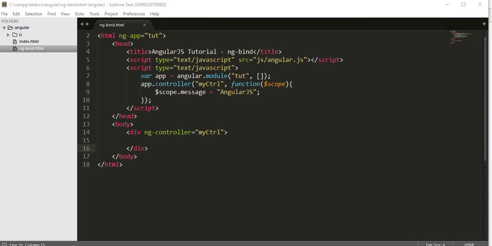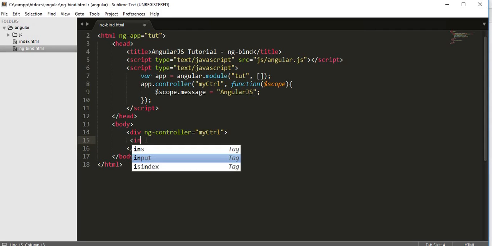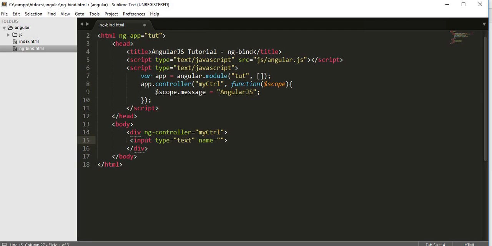Now I have created a controller, and here inside my body I have called that controller using the ng-controller directive, and I will create an input element here of type text, and here I will add an ng-model to link our model to our input text. I will pass this property of the scope object to my ng-model directive in my input element. And then